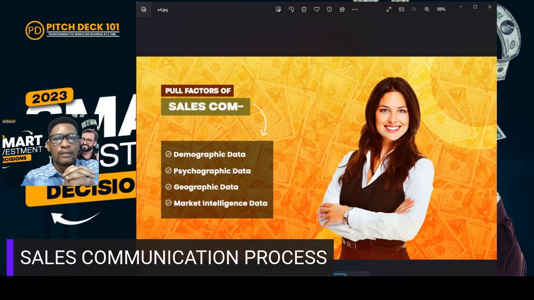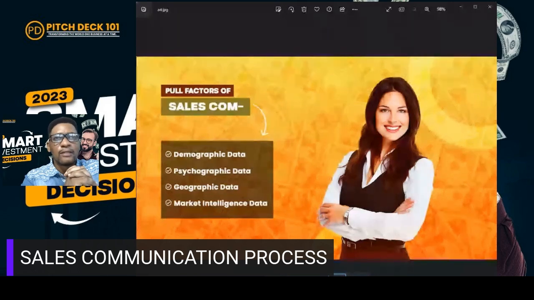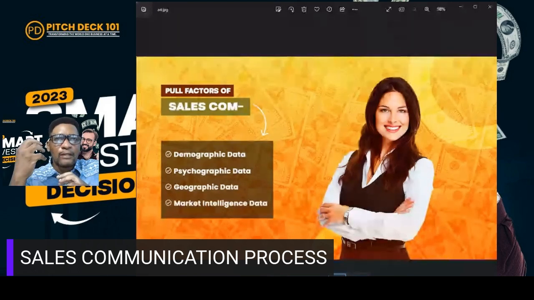You may understand the target group, but do you really understand your target market that you are pitching to, that you're preparing to make that sale to? And if you do not understand the psychographic data of the target market, it means that you really do not understand your demographics. You understand a group of persons that you're targeting, and perhaps their income bracket, but does that mean that you understand the demand pull of that target market? It doesn't mean that you understand the economic and behavioral determinants of that target market.